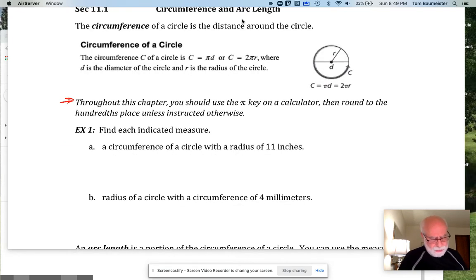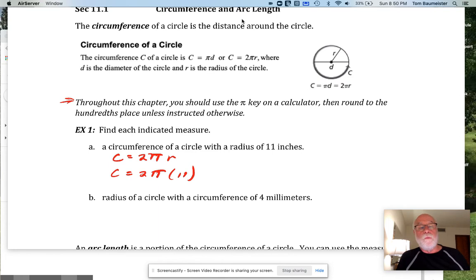So example 1, find each indicated measure, a circumference of a circle with a radius of 11 inches. So if it's the radius, we know we're going to use C is equal to 2 pi r. Okay, and on this one, we know that our radius is equal to 11 inches. And again, you'll plug that into your calculator using the pi. And when you do that, you'll get that C is approximately equal to